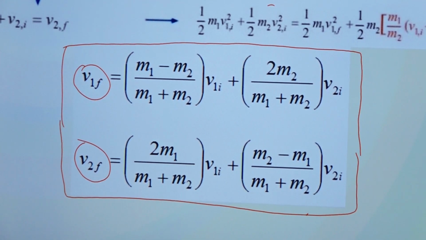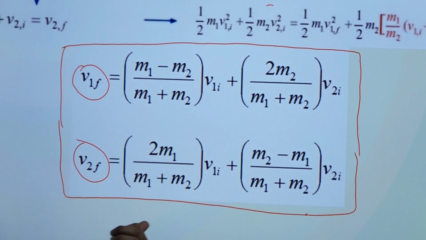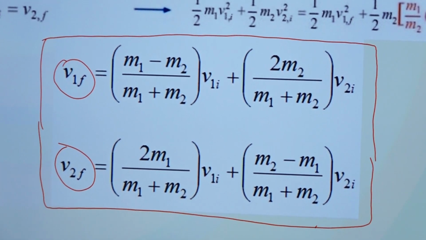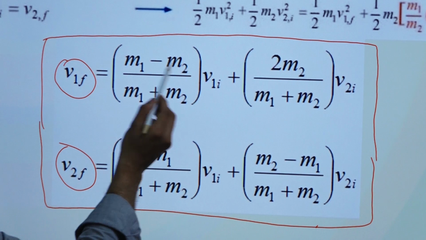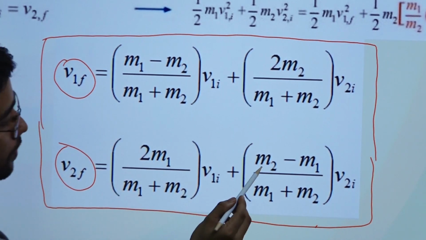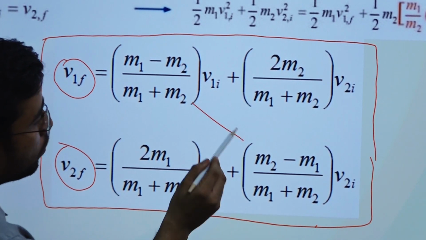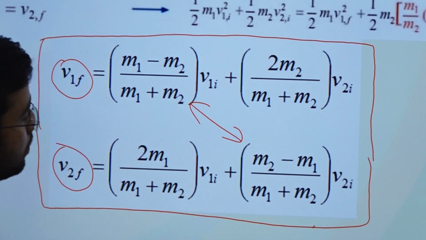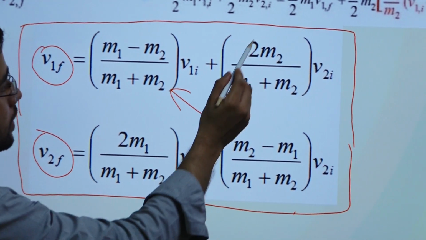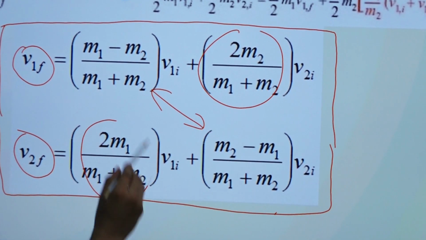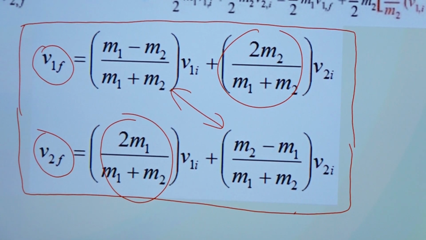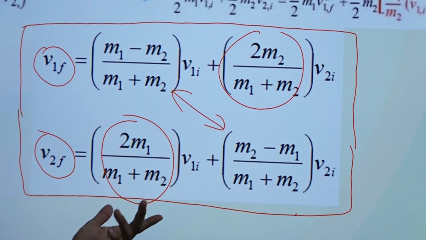If you do more numericals, you don't even have to mug up the formula. You will remember it by itself, because as you can see, m1 minus m2 divided by m1 plus m2, and m2 minus m1 divided by m1 plus m2, both these things are somewhat the same. In that way you can remember it. In the same way, this expression and this expression are both the same. So if you apply some analogy, you can remember this formula. But I didn't remember it because I didn't need it, right?